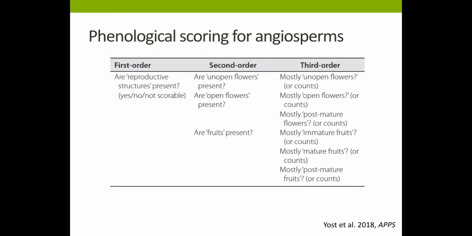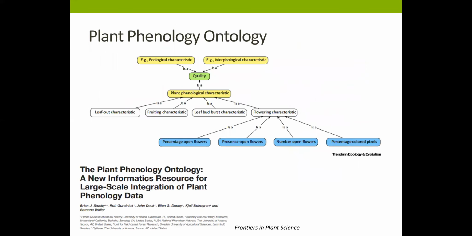And then we tried to plan for the future in which some researchers might want a finer look at where in the phenological trajectory a plant is. And so a third order question could be something like counts or percentages for the number of buds, flowers, or fruits on a specimen. We've tried to keep our vocabulary as much as possible consistent and mapped to the plant phenology ontology so that we are not